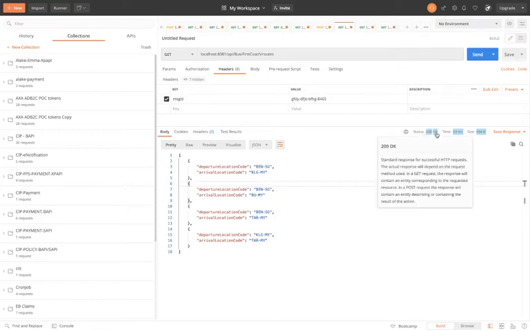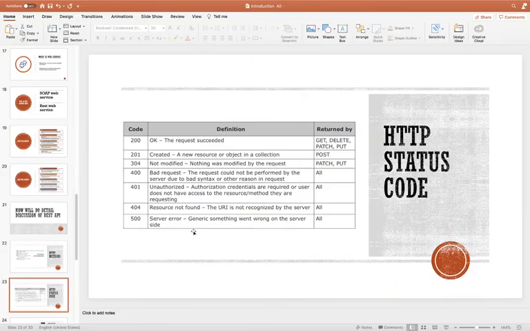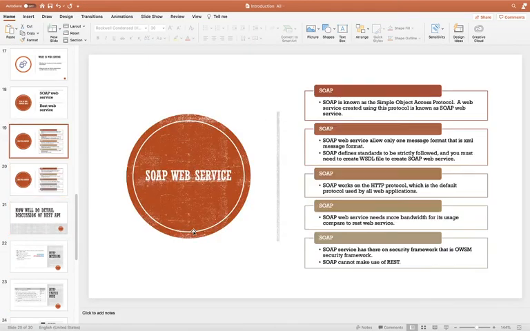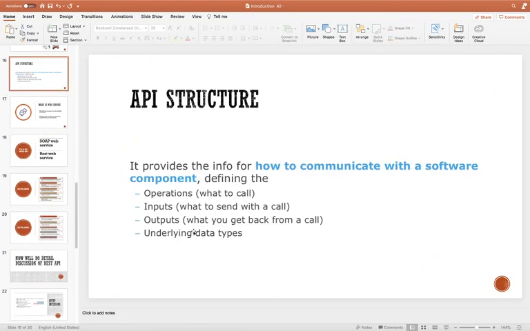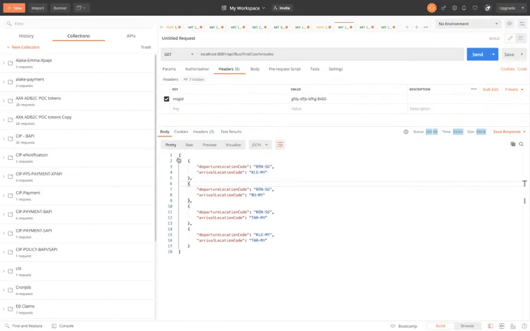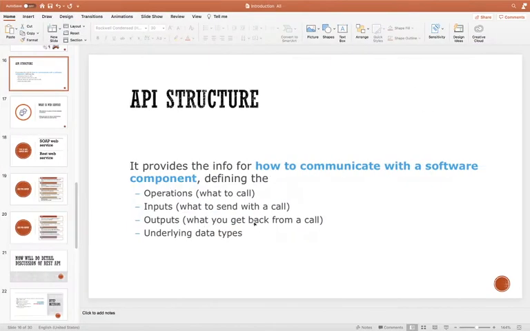That's why I am getting 200, and this one is my response. And the next part is the underlying data type. So you can see here we are getting the response in the form of a JSON payload. Here also you can see our response in JSON format. So these are the four main components of any API. I hope everyone has a good understanding now.